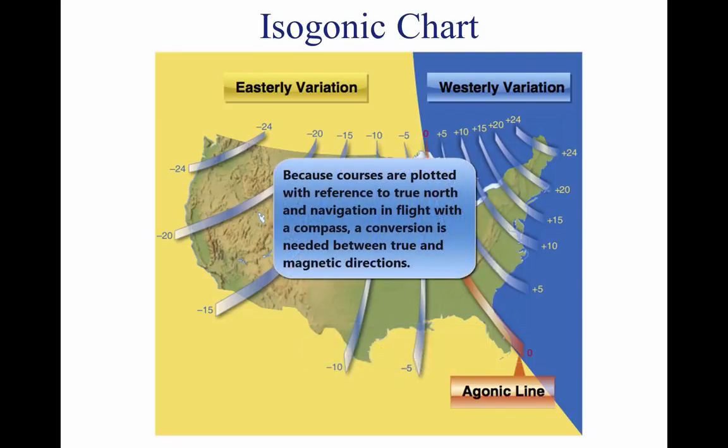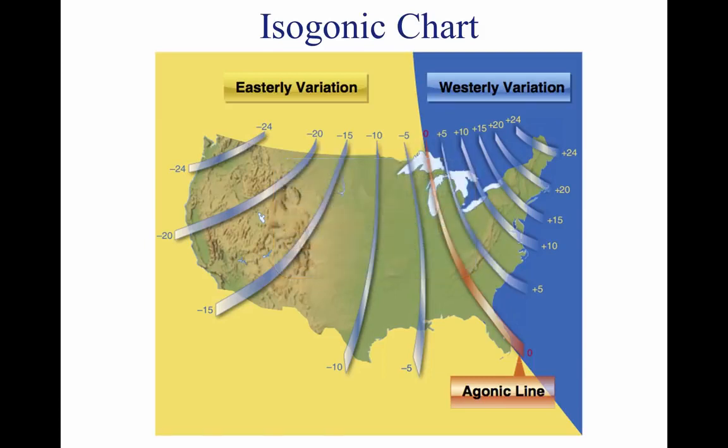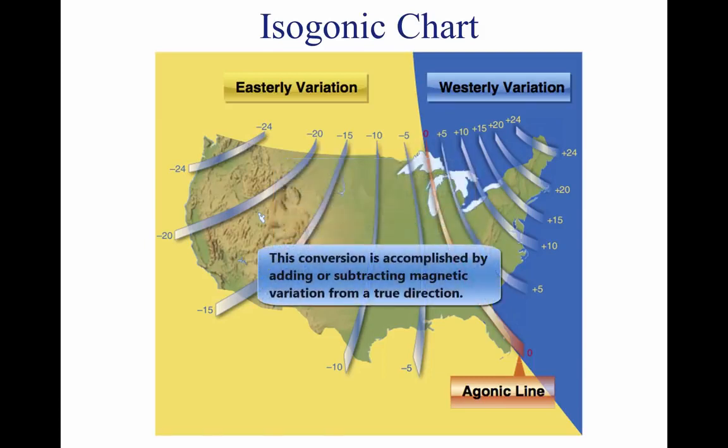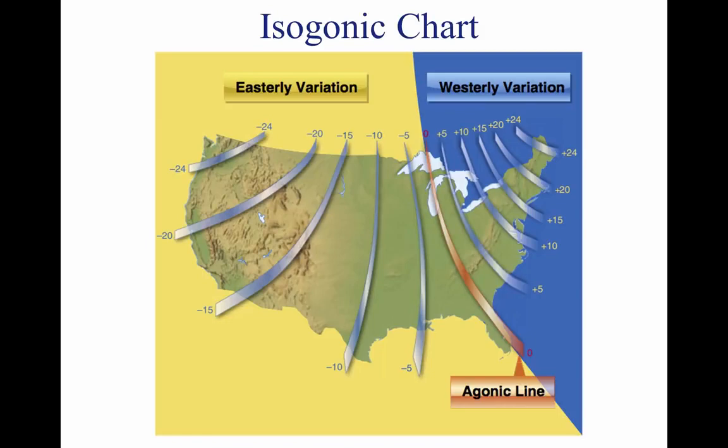Because courses are measured in reference to geographical meridians which point toward true north, and these courses are maintained by reference to the compass, which points along a magnetic meridian in the general direction of magnetic north, the true direction must be converted into magnetic direction for the purpose of flight. This conversion is made by adding or subtracting the variation, which is indicated by the nearest isogonic line on the chart. For example, a line drawn between 2 points on a chart is called a true course, as it is